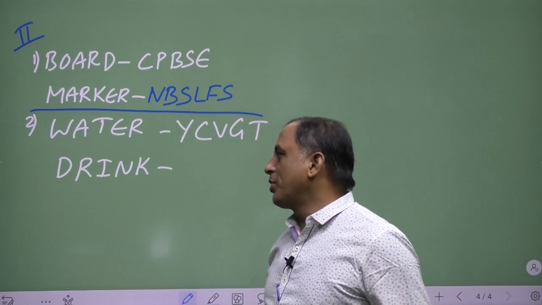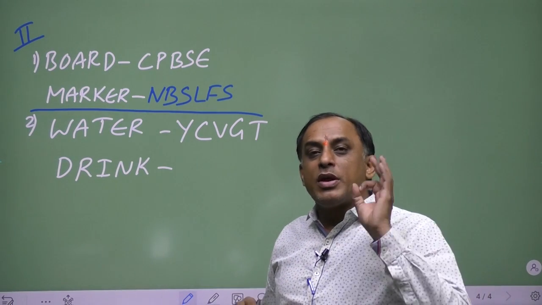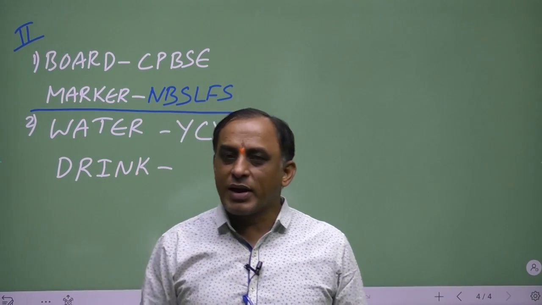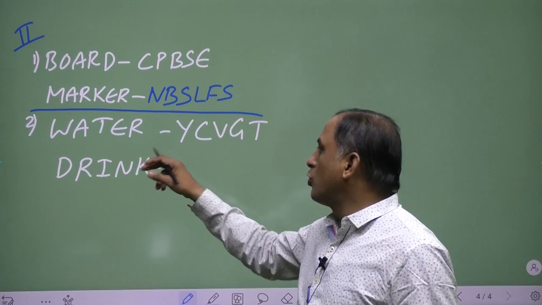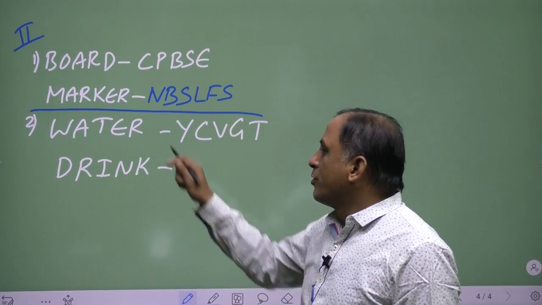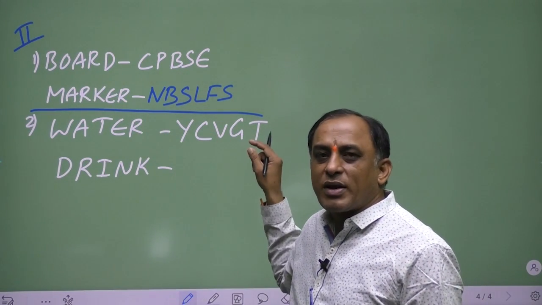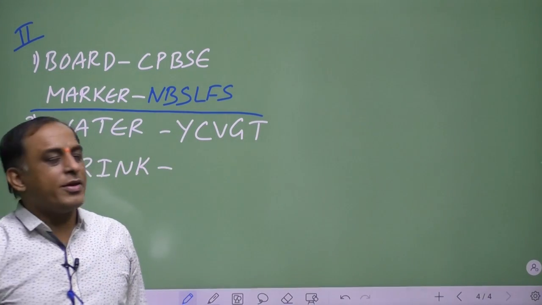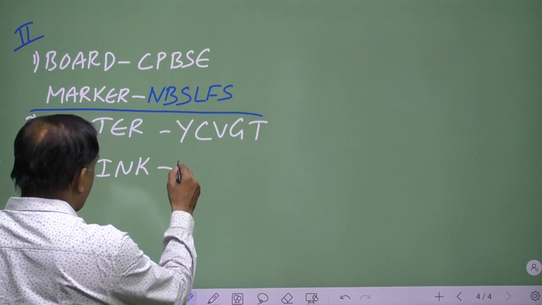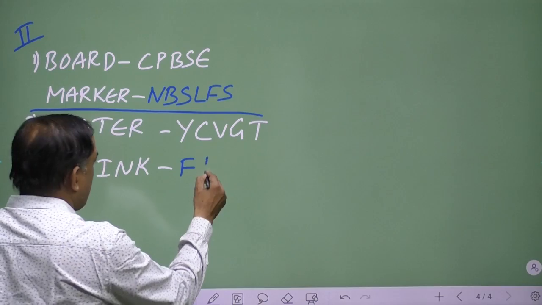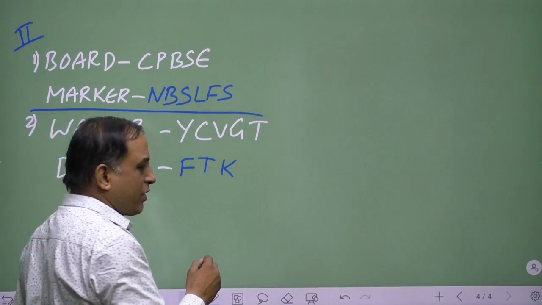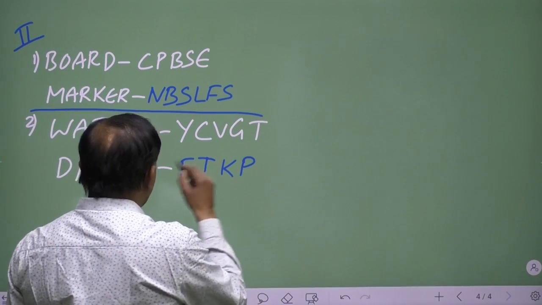So, what is the relation between water and YCVGT? Here each and every letter is coded as the second letter after it. W after second letter is Y, A is C, T is V, E is G, T is V. Therefore, drink is coded as: D after second letter F, R is T, I is K, N is P, K is